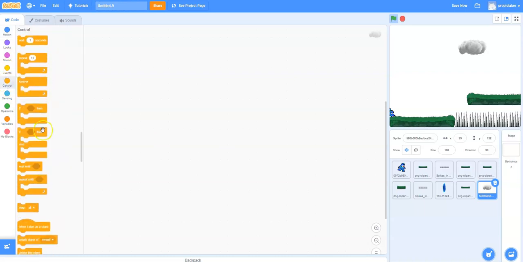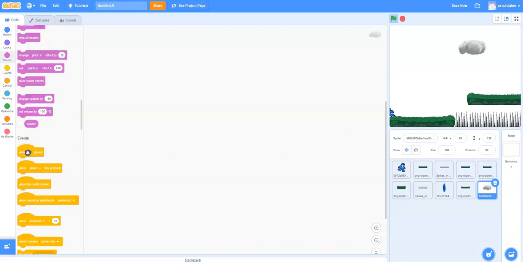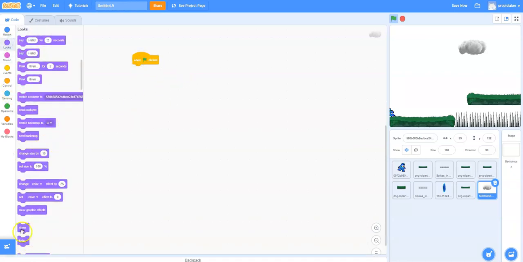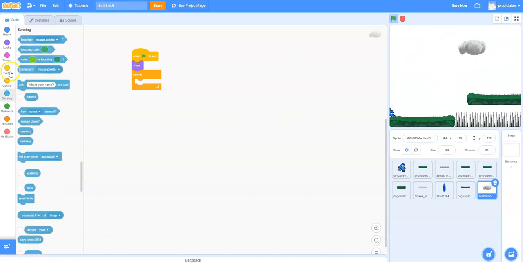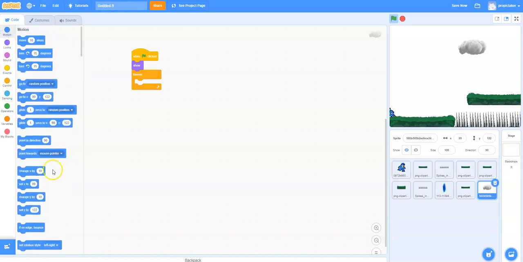Well, as always, we're going to have to start it off with when green flag clicked, and we're going to want to show it, because we're going to have to hide it under certain circumstances. So the next we'll need a forever loop. So if we go down and find forever, and we want it to move from the right of the screen over to the left. So we're going to have to change the x-axis. So this is x, this is y, and we're going to have to make sure we change that to get it working. So we're going to go to motion, and we're going to change x